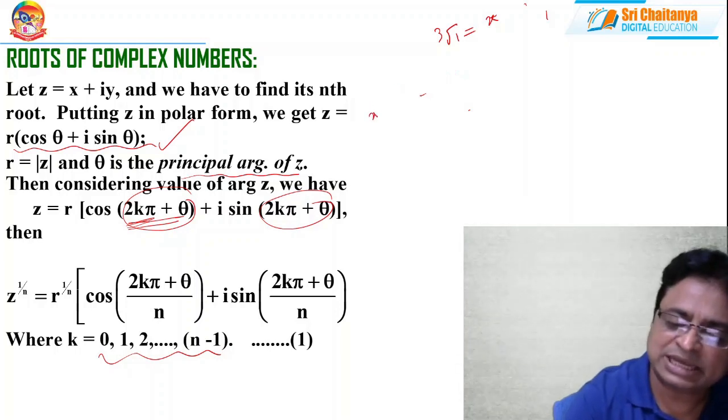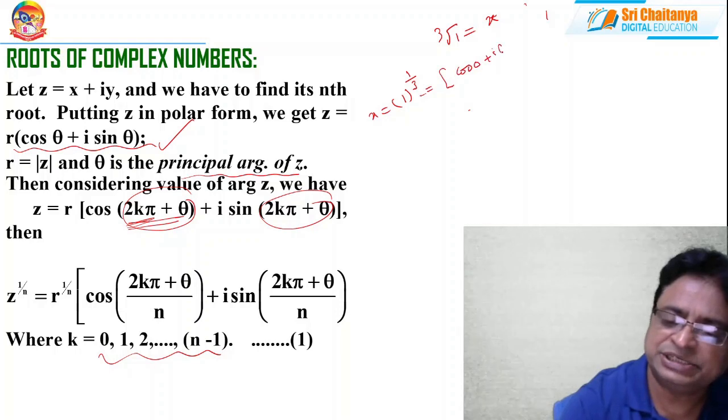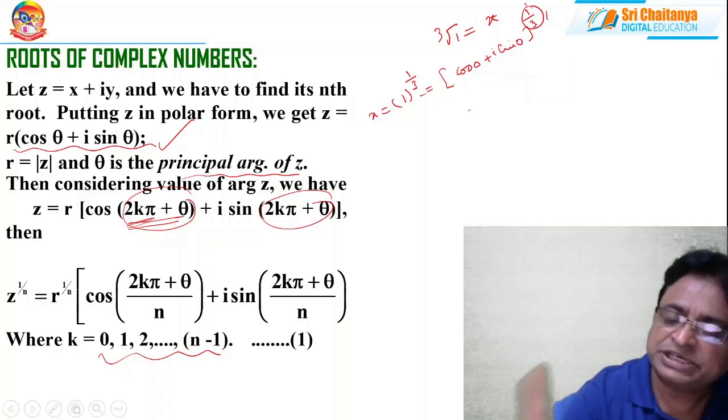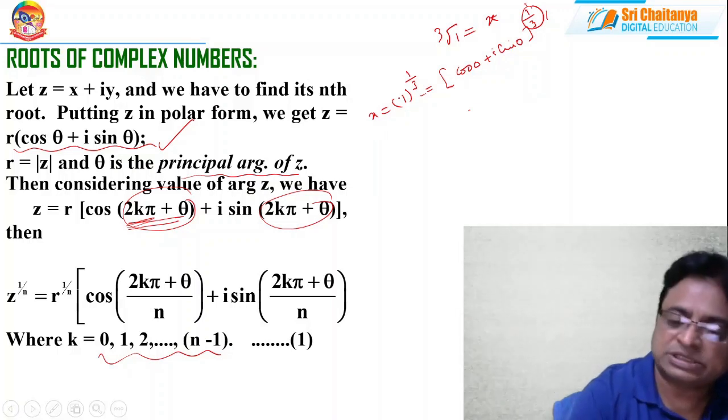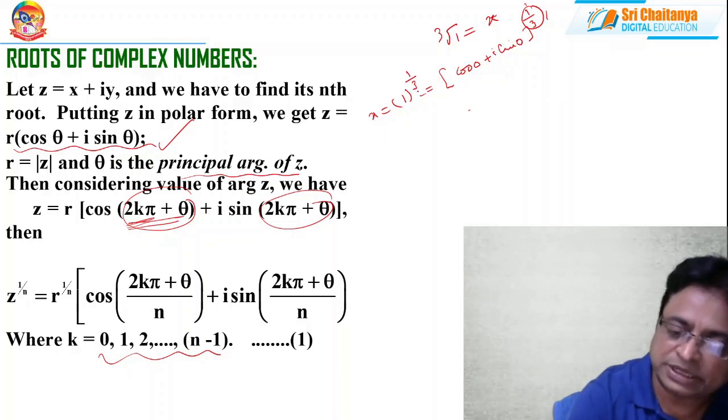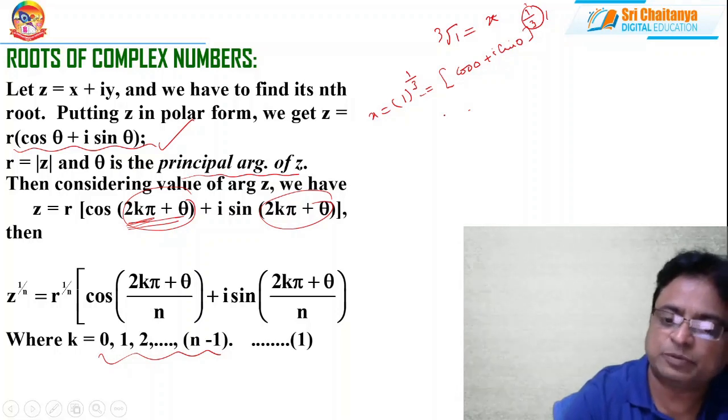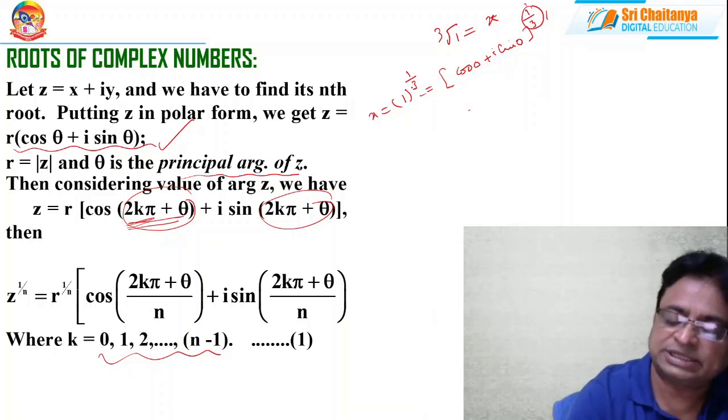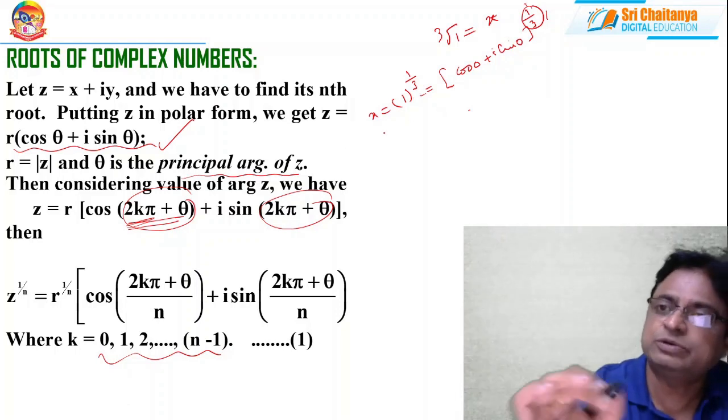But the same x, I can also write as 1^(1/3). This I can write as (cos 0 + i sin 0)^(1/3). Here 1/3 is a rational number. Whenever a rational number is given, it has 3 roots because the denominator is 3. Based upon the denominator, the complex number possesses that many roots. Since 3 is in the denominator of 1/3, it has 3 roots.